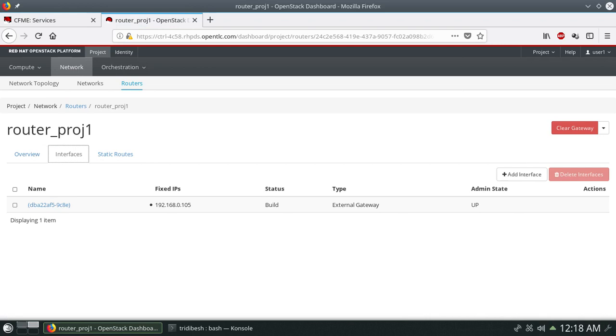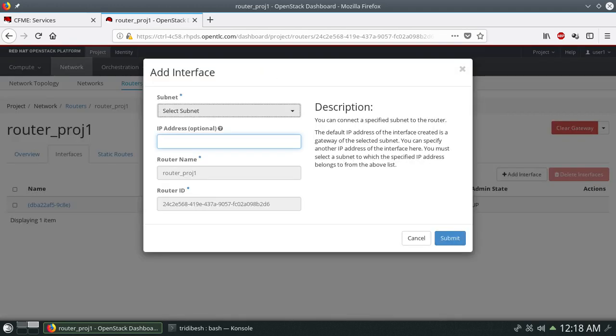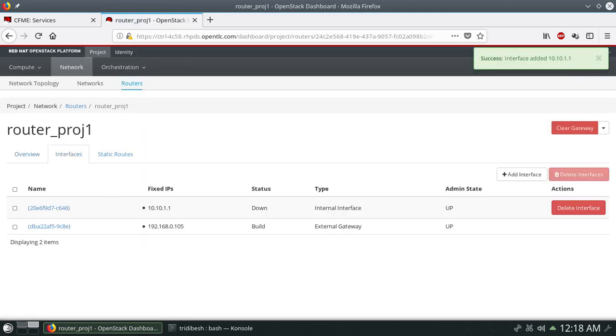So in the interfaces you select add interface. So as you can see, in the private, and then you click on the submit. So as you can see, we have both the interfaces added.